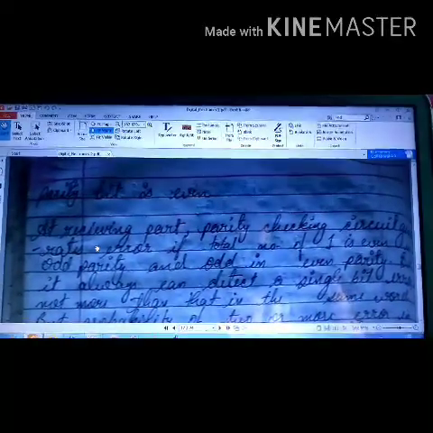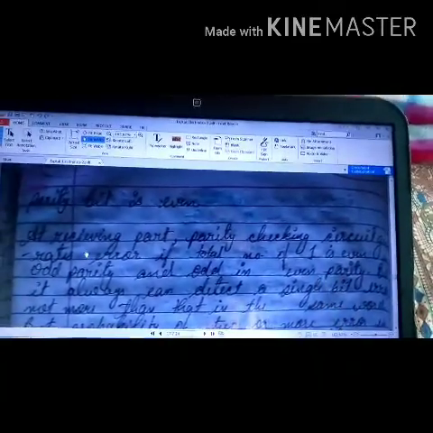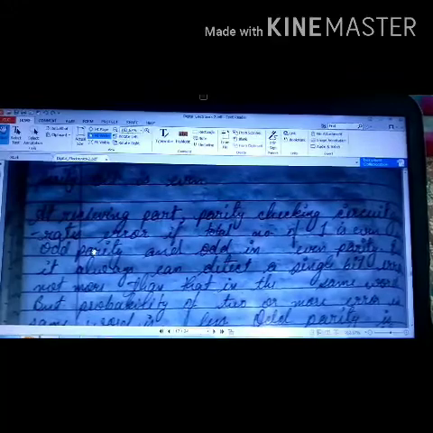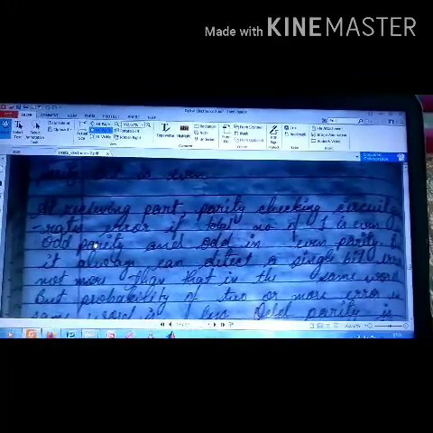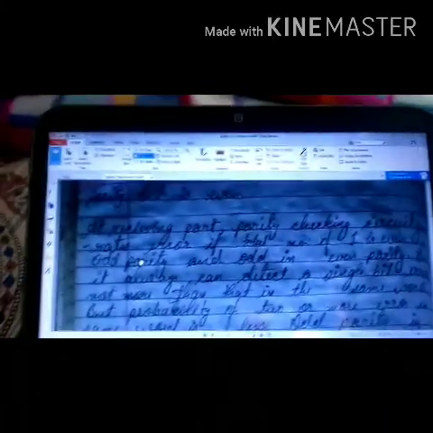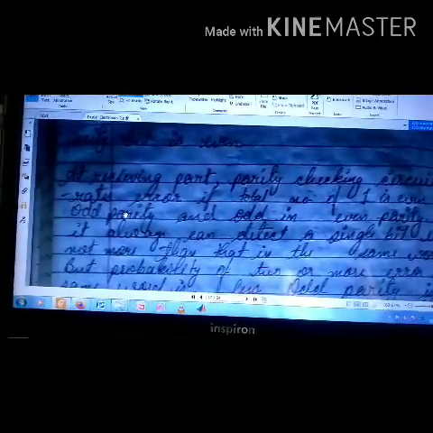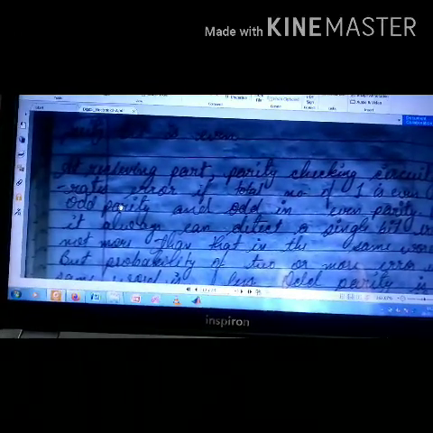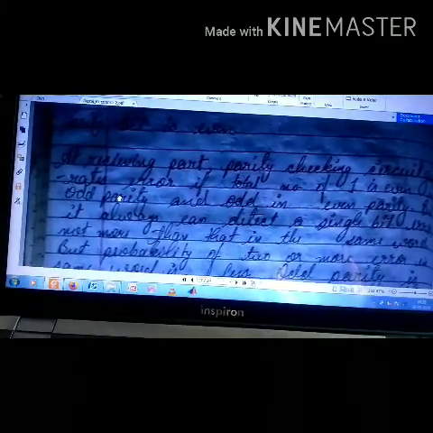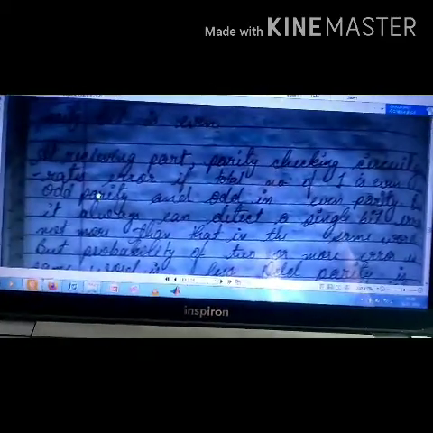Now at the receiving part, parity checking circuits generate an error if the total number of ones is even in an odd parity, or odd in an even parity. There are specialized circuits at the receiving end. We have already decided whether we want to send odd parity or even parity. Looking at a particular parity code which has been sent, if the total number of ones in an odd parity is even, or the total number of ones in an even parity is odd, then an error can easily be detected. Error can be checked, whether there is an error in the code or not.